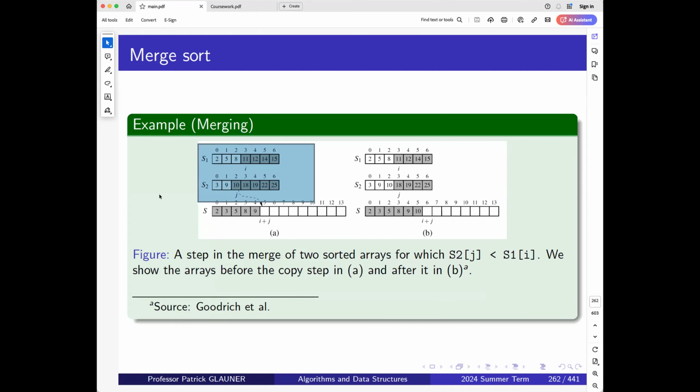So I have my two subsets or sublists S1 and S2. S1 is 2, 5, 8, 11, 12, 14, 15. And the other sublist is also sorted. It's 3, 9, 10, 18, 19, 22, and 25. First, I pick the 2, because the 2 comes from S1. Then I pick the 3 from S2, then the 5 from S1, then the 8 from S1, then the 9